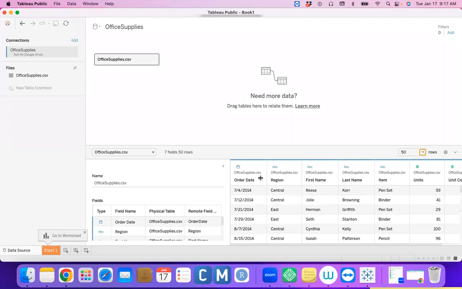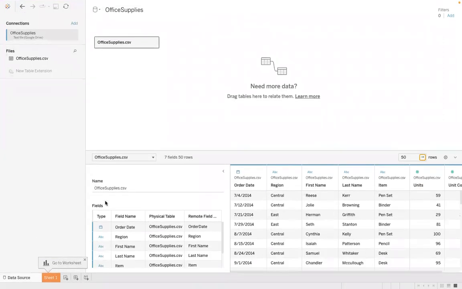Maximum we can display only 50 records. See, these are your field types: type, field name, physical table and remote field. So this is your field name: order date, region, first name, last name, item. This is your remote field, and this is your field name. If you click on the sheet,